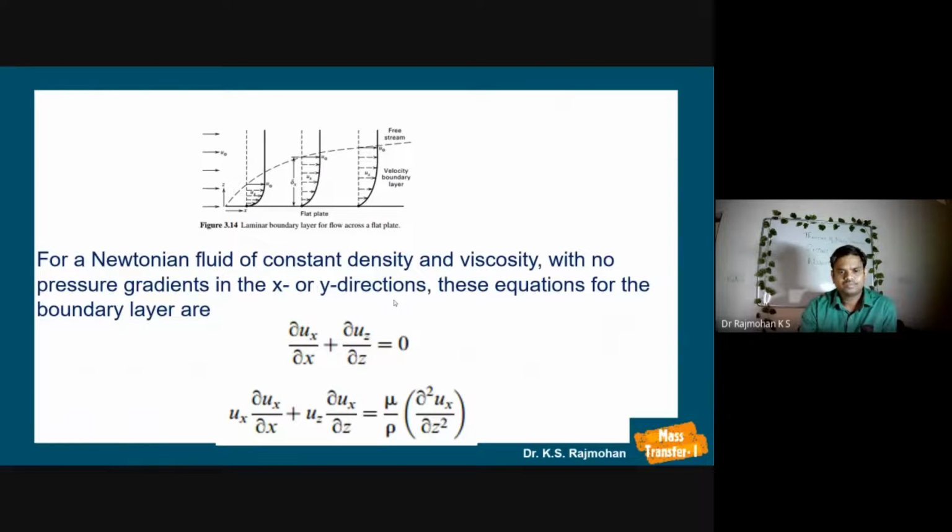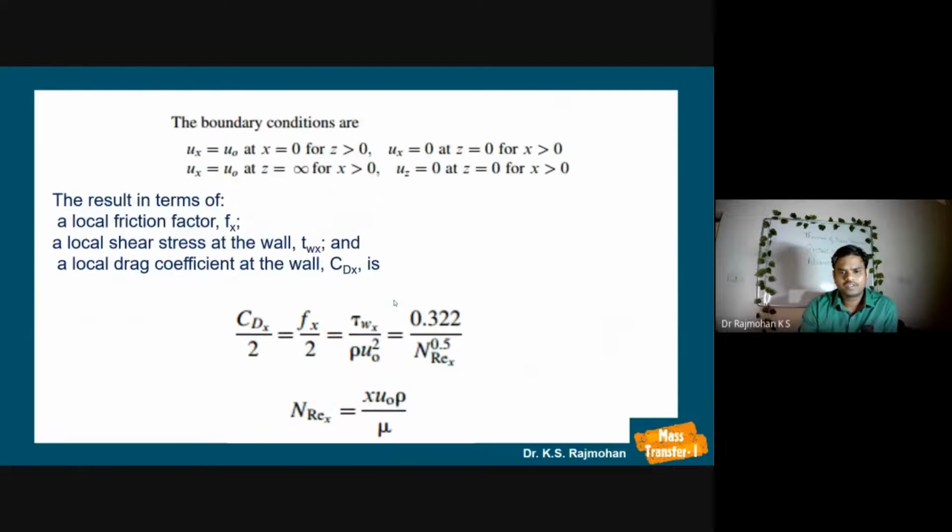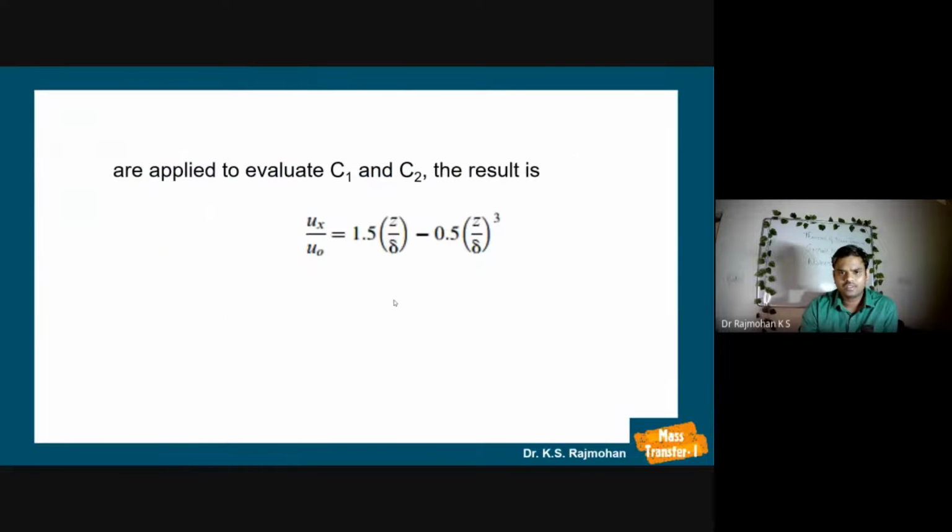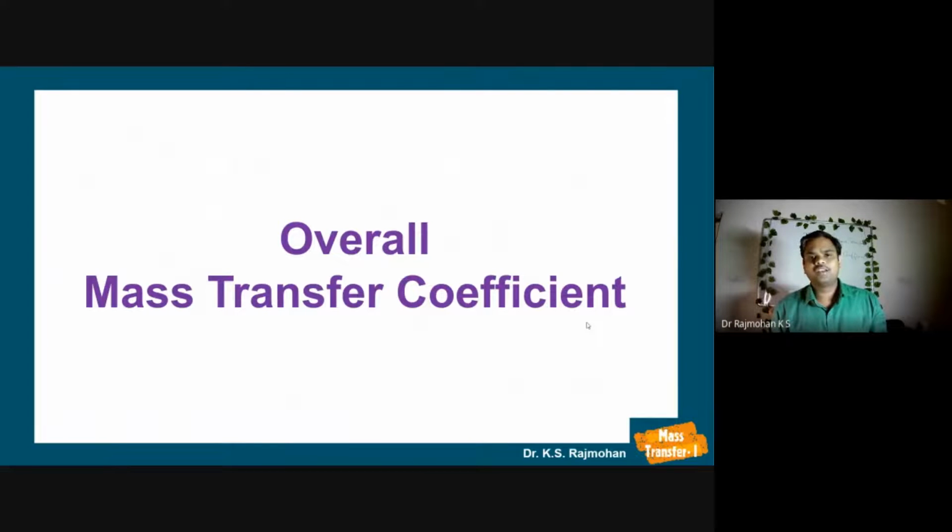Now we have seen several theories of mass transfer. And we have seen the resistance to mass transfer in each film. So always we are having two film theory. If it is applicable, then we have one mass transfer coefficient or one resistance in the gas film and another resistance in the liquid film, which is the inverse of the mass transfer coefficient in the liquid film, right? So to replace these two films, and it is impossible to measure the concentration at the interface, and we know the bulk concentration in the gas phase and the bulk concentration in the liquid phase, so we want to overcome that one.